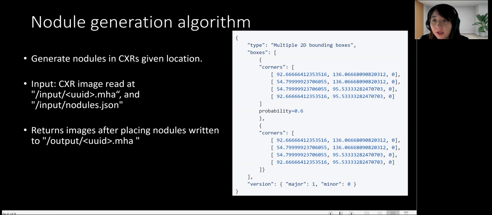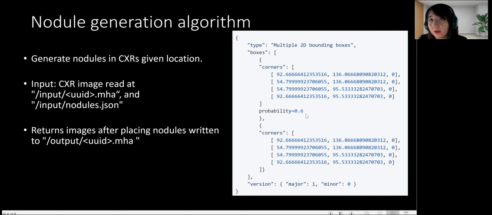It's a dictionary and it will denote the location of the bounding boxes that need to be generated. So this is an example of a nodules.json file on the right side that you see. As you can see, it's a dictionary, and each corner's item will contain 1 bounding box, and they will have an associated likelihood. So here, for example, there are 4 points of these bounding boxes, and then there's an associated probability,